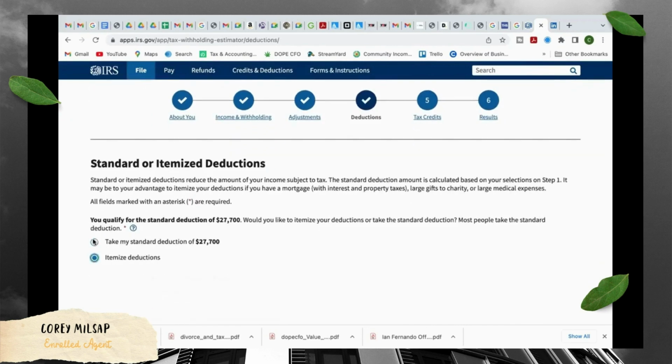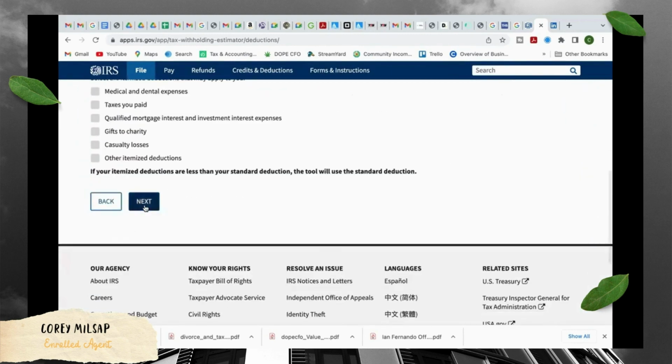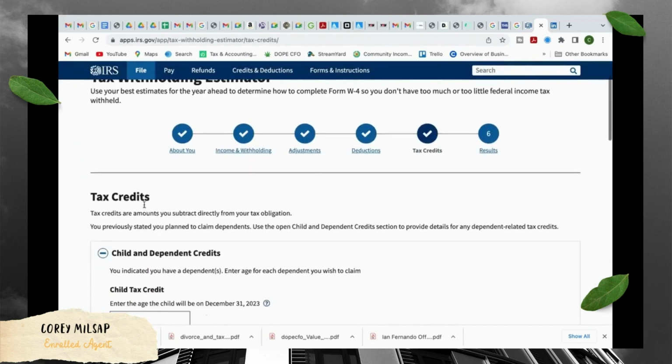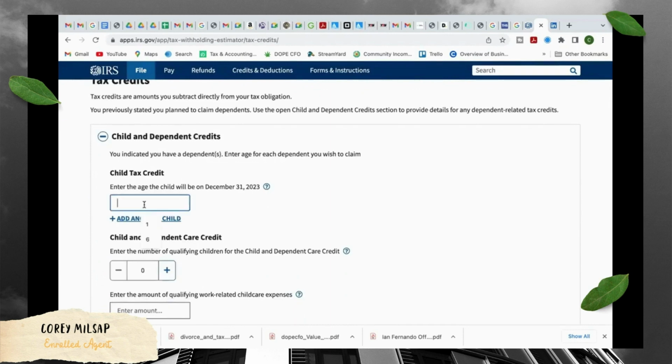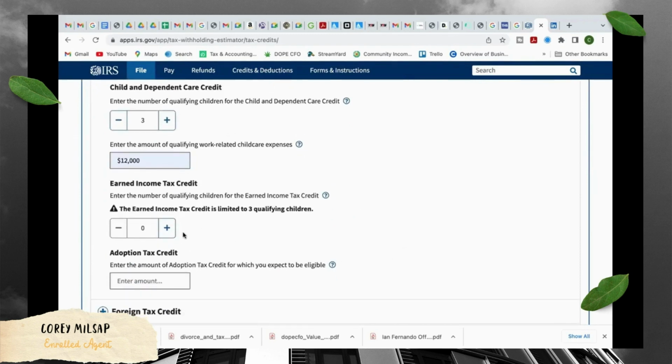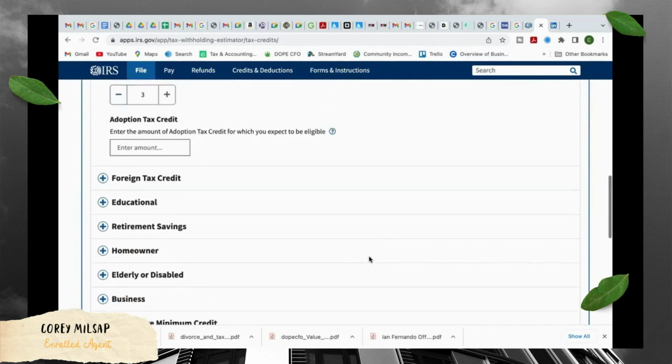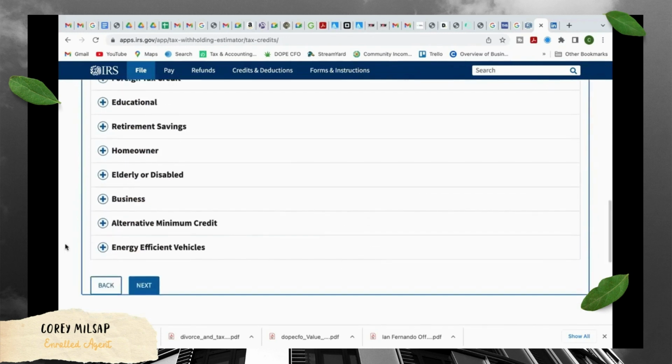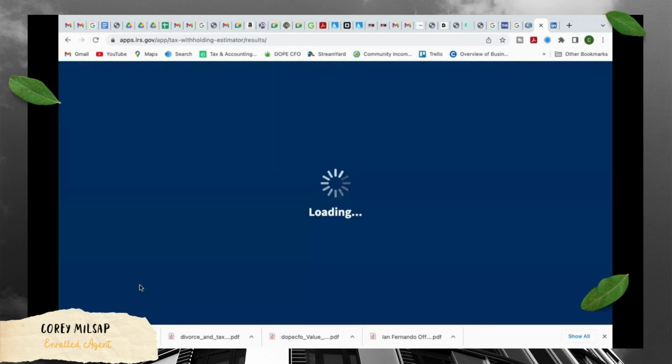Okay, I'm going to take the standard deduction. Tax credits, right? So again, let's say we have three kids. Let's say that we got three qualifying kids, and we spent $12,000 in child care expenses. Say that's for the three kids right there. We have three kids that qualify for the earned income tax credit. And next,